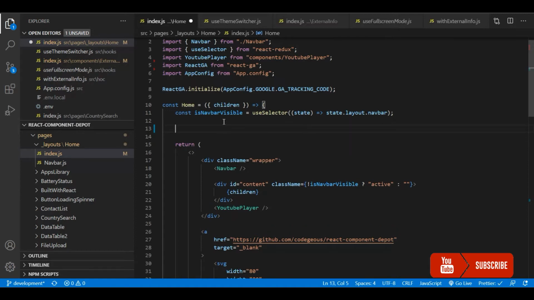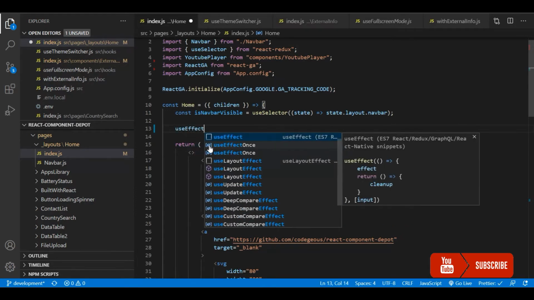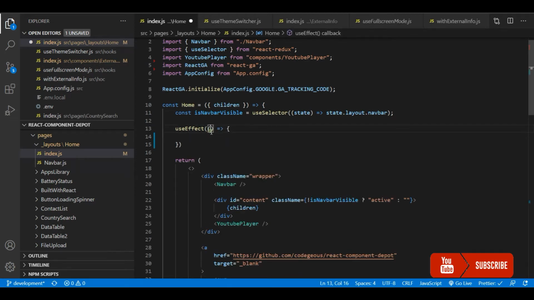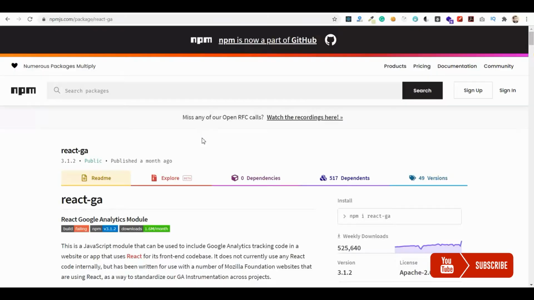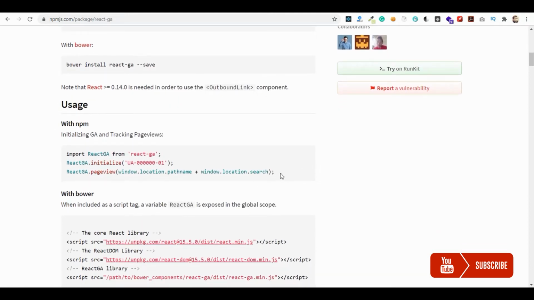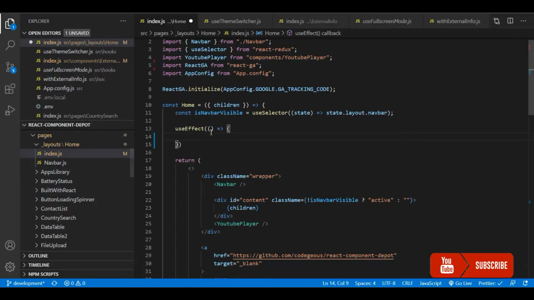To track all our route changes, since we have a single page application, whenever the route changes, that is a page view for us. Here I'm going to use React Router's technique and connect this with the browser router. For the page view track, you just need to take this page view. Whenever the router changes, I need to rerun this component.